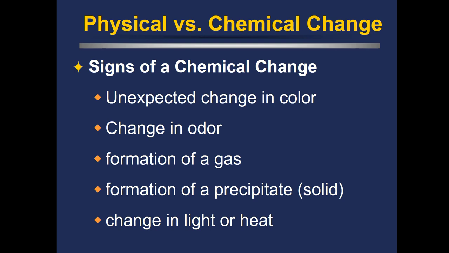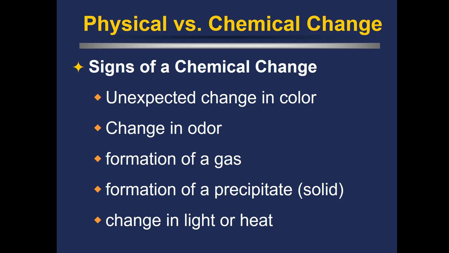Signs of a chemical change. There will be an unexpected change in color. There will be a change in odor, perhaps, or maybe there's a formation of a gas, something that is coming out of your reactants or bubbling up. Formation of a precipitate is also a common sign of a chemical change. If you take two clear solutions and pour them together and you end up with a bright red solid substance in your container, that solid substance that formed is called a precipitate, and that is a sign of a